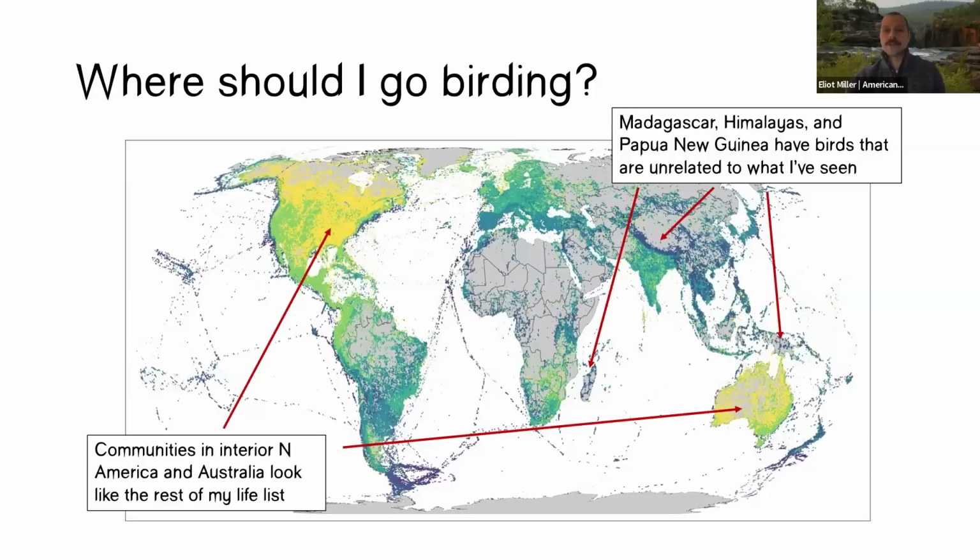And so, for example, of the 251 bird families in the world, I'm yet to see 45 of them. 5 of those are endemic to Madagascar. So if I went there, I could see Mesoenatidae, Brachypteraciidae, Philepittidae, Leptosomidae, Bernieridae. I'm sure I butchered a few of those pronunciations, but there are 5 endemic families to Madagascar that I would like to see someday. So this is a really fun way, in my opinion, at least, to link evolution with bird watching and scope out areas where, if I had all the money in the world, I could travel to see unique birds that aren't like what I've seen before.